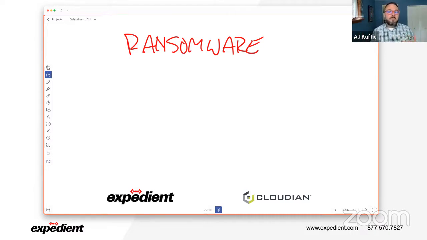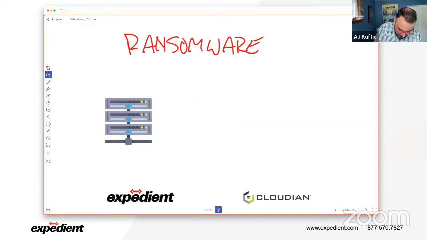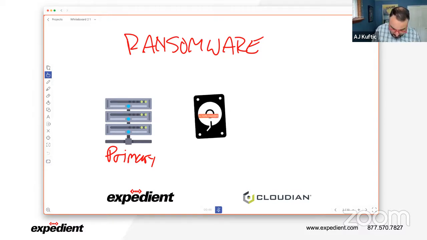Now let's talk about how we can actually help things recover and how to protect that data here. So it starts again with our servers. And our servers are our primary storage. They live in our data centers and they're hosting our applications. And at some point, we're backing up to something. This could be, we're just going to pick disk here,